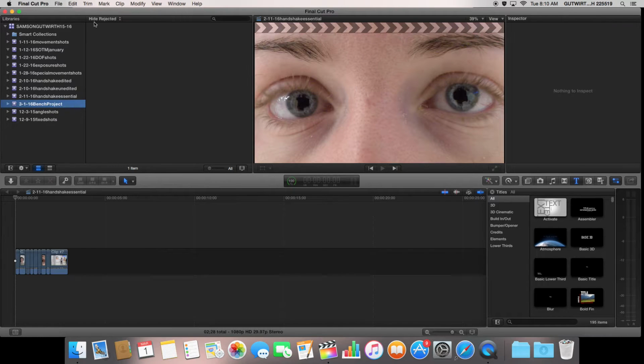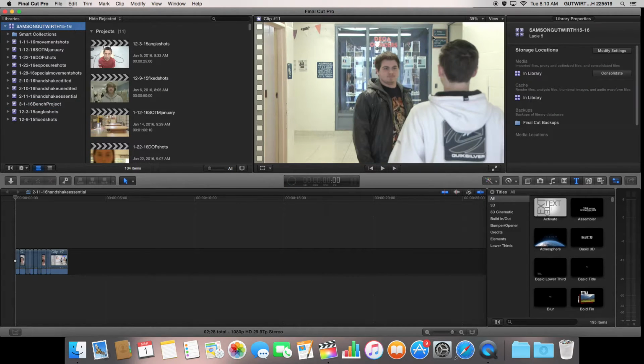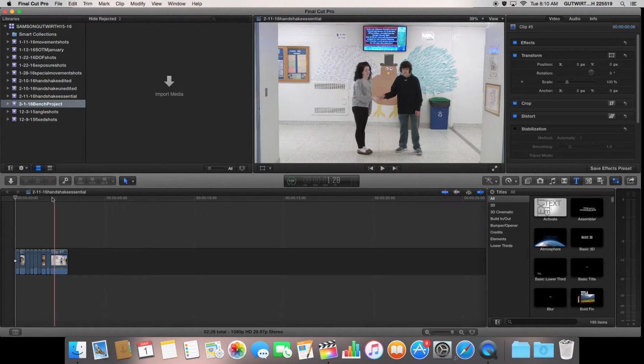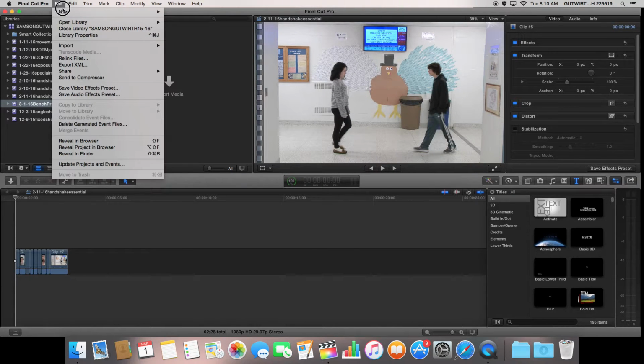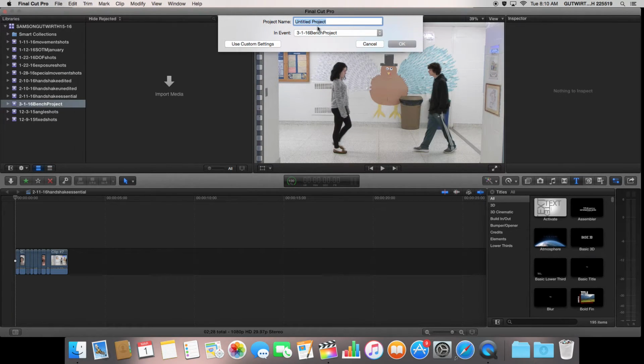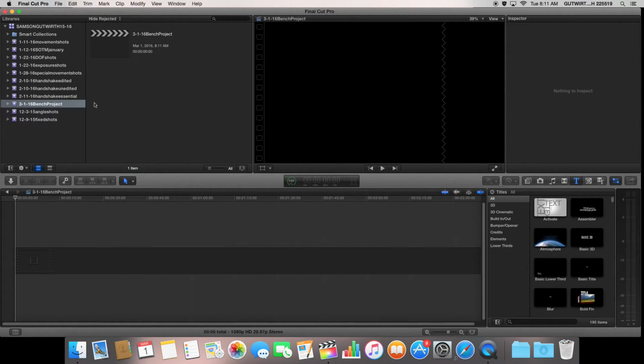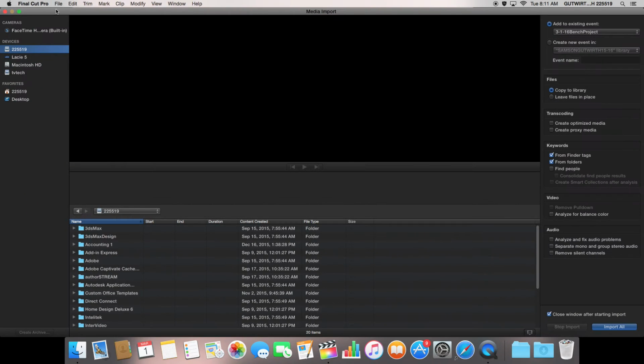And then in our library, if I click on this, it's on the LaCie drive. We have a dated bench project folder, and then you might want to make a new timeline, and that's called a project. So File, New Project, 3.1.16 bench project. So here's our project, and then you could import with Command I or File, Import, and that's this window